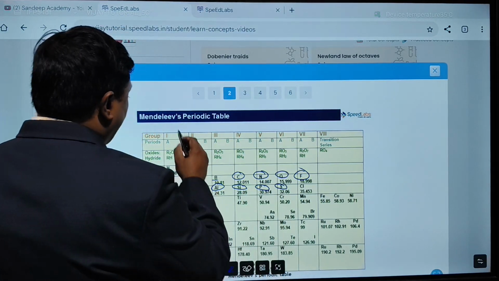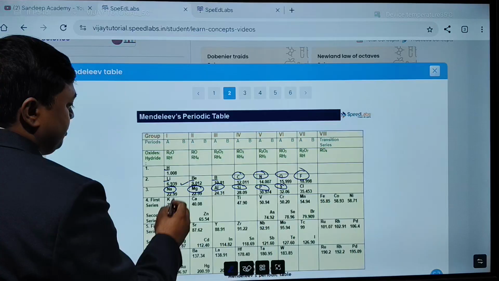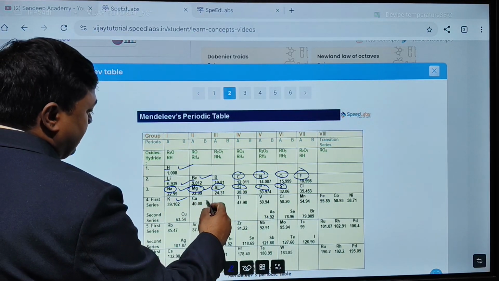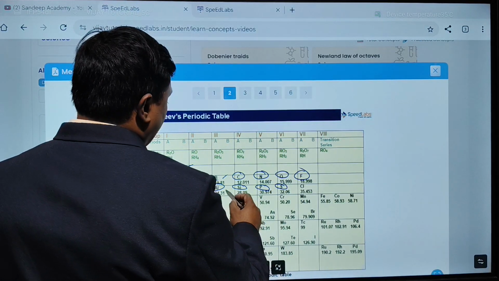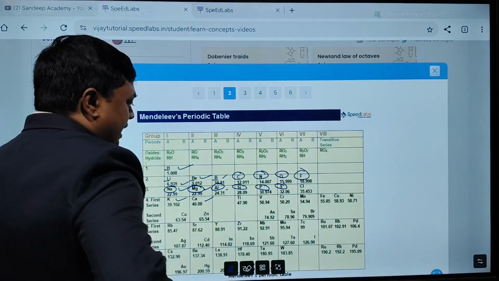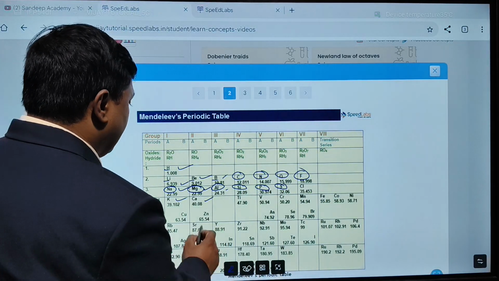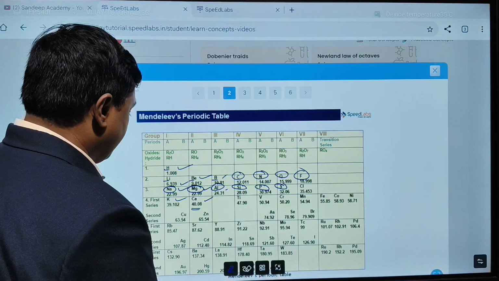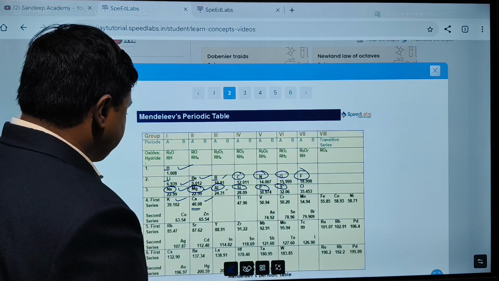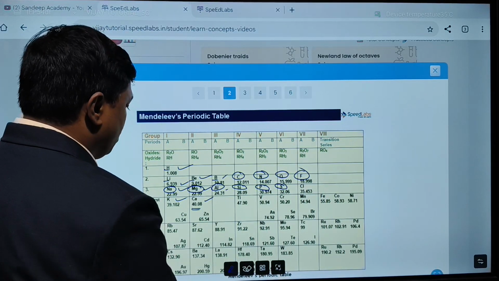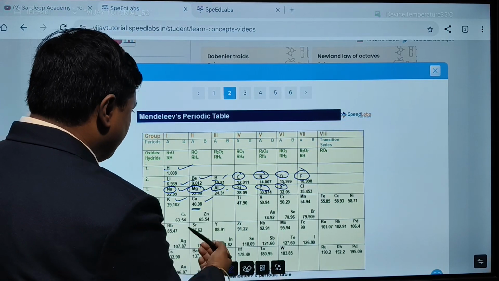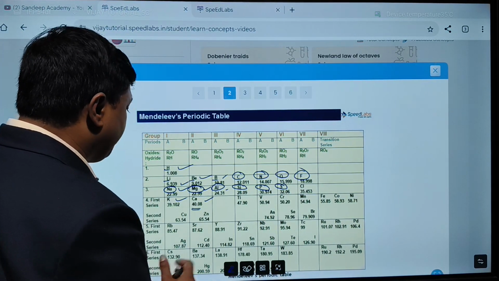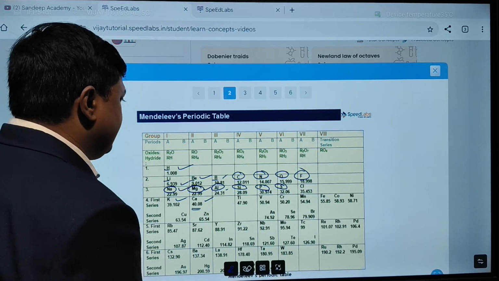All such elements which fall in the same group are similar in properties, like hydrogen, sodium, potassium, same properties; beryllium, magnesium, calcium, same properties; boron, aluminium, same properties; carbon, silicon. But in his periodic table this held up to calcium. After that, dissimilar elements were placed together. You can see here calcium and zinc, there is no similarity, but they are in the same group. Similarly, increasing order of atomic mass was not maintained. We'll discuss the